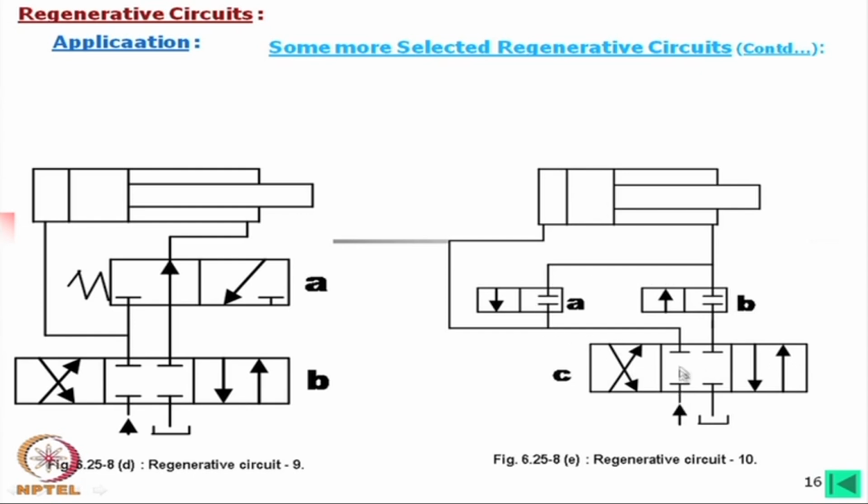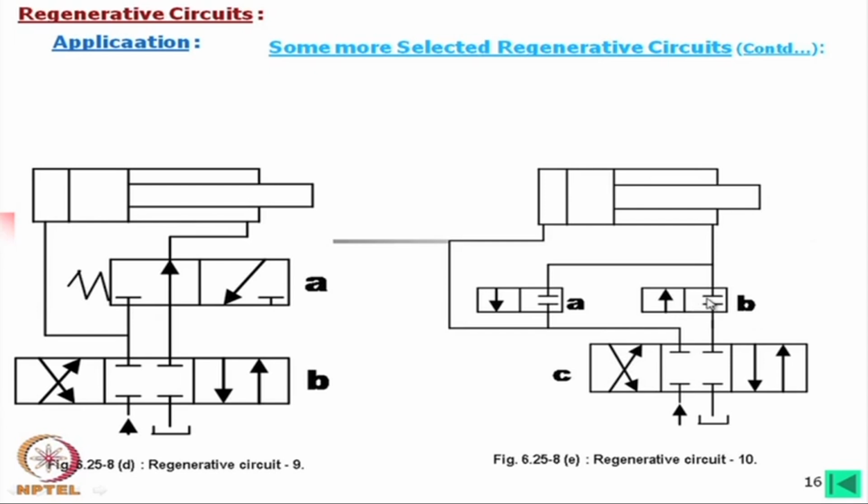In that case, oil will go like this, it will try to go in this way and it will go in this way also, and as it is connected, this oil will come back to the tank, no regeneration, it is a oil will directly go back to the tank. Now, let us consider this connection C. If the C is connected and then